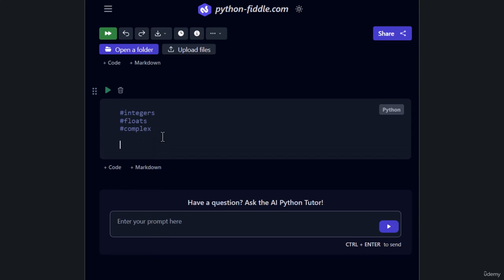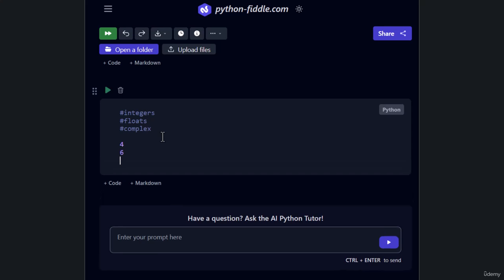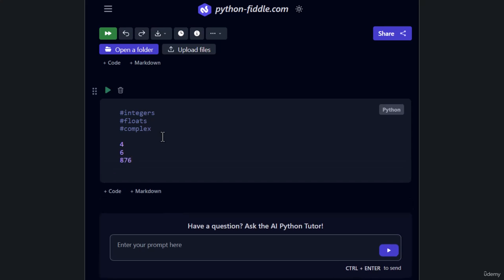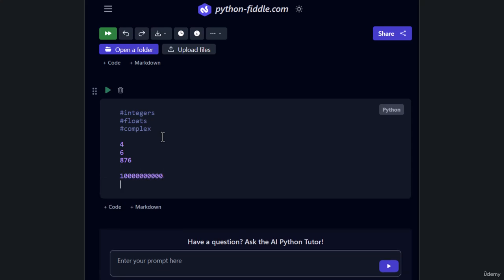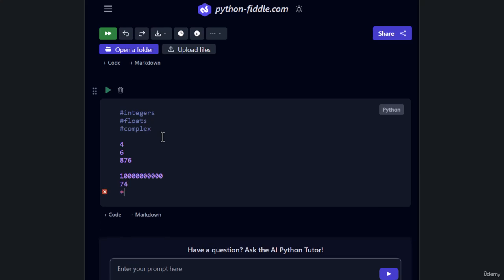Integers are basically numbers that are whole. Let's say 4 or 6 or 876 or numbers as such. These numbers could be very long numbers like 1 million, 1 billion, 1 trillion, or it can be very short numbers like one-digit numbers, 7, 4, or it can have positive sign, let's say